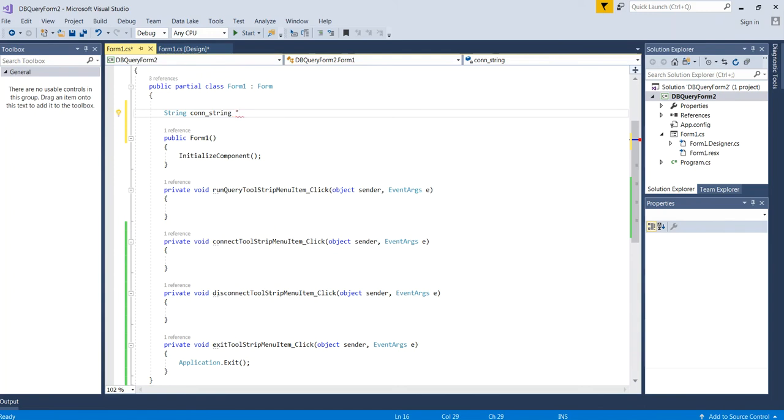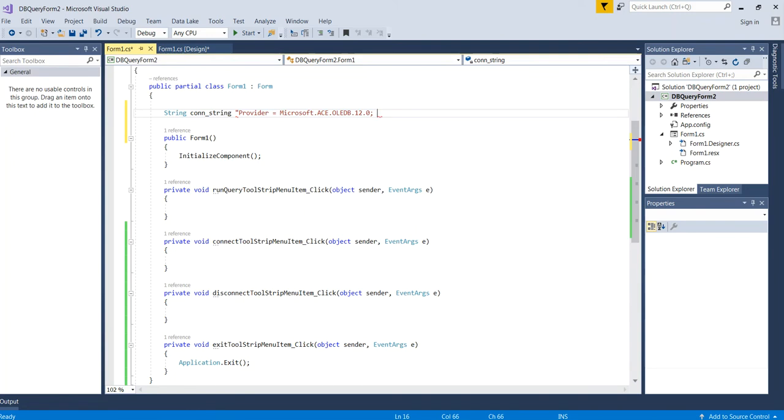We get in the habit of doing it a certain way. So the provider, we'll start out with that attribute, and the provider is going to be Microsoft.ace.oledb.12.0